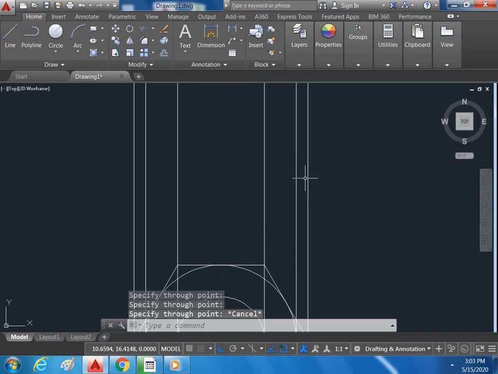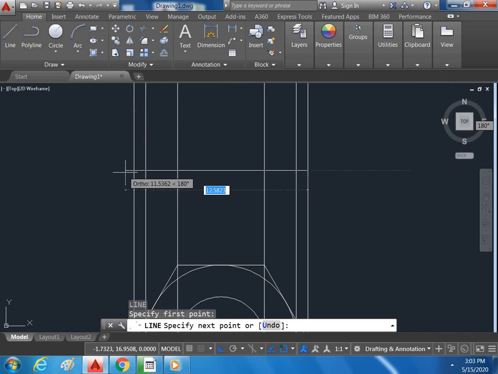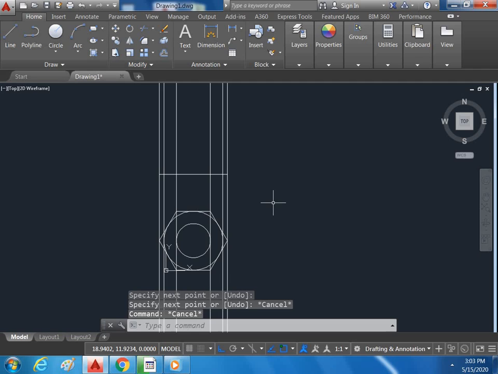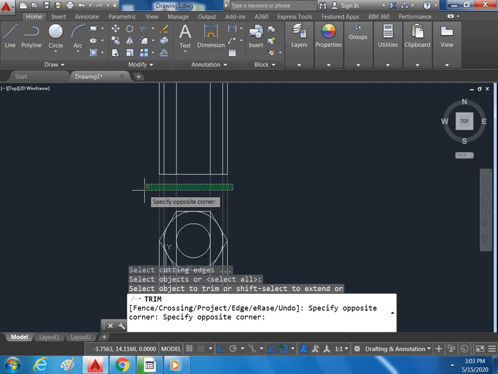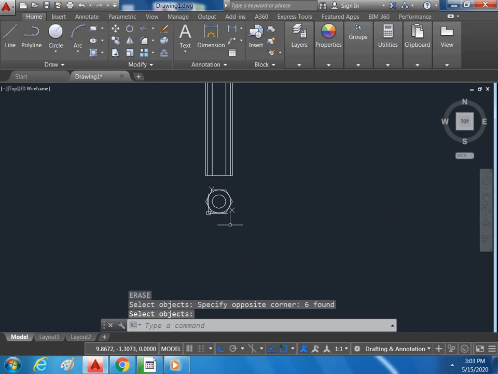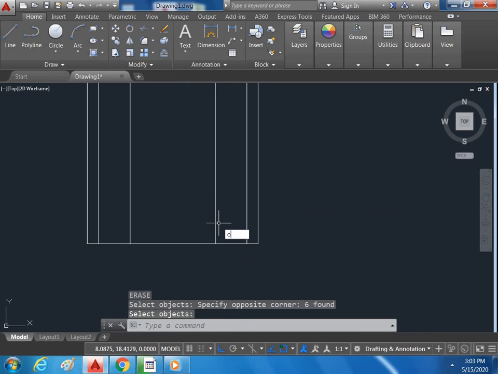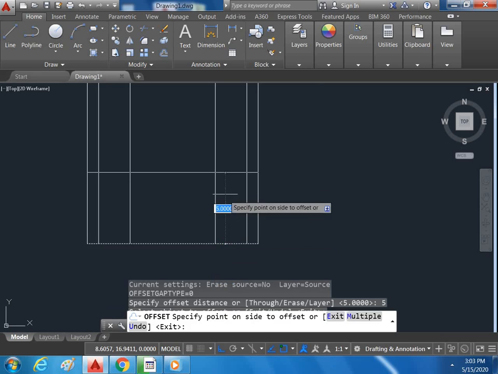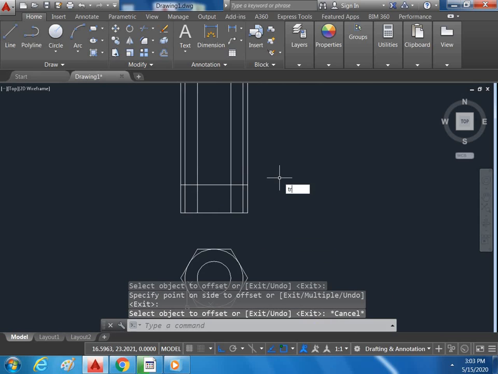Then you can draw a line anywhere here, trim this area, and then you can easily erase. Now take an offset of 5 inches, then trim,